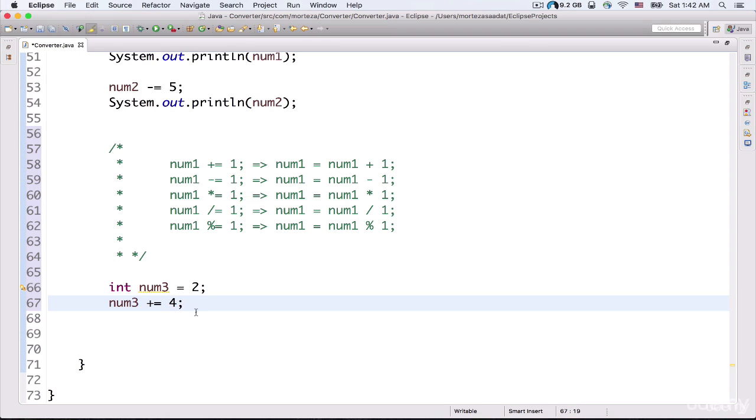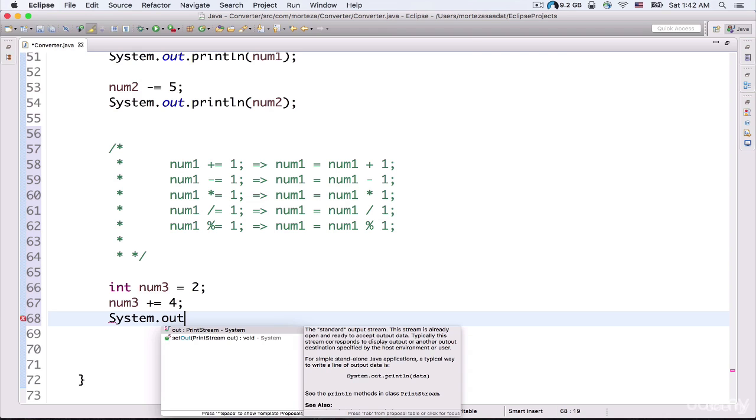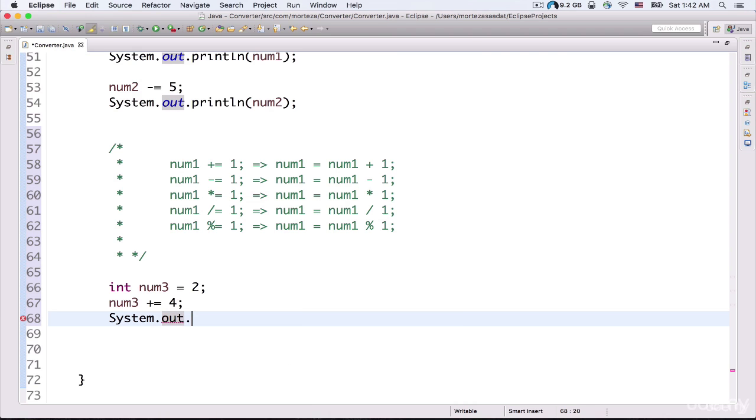At the end of my statement, I need to put in a semicolon. So if I actually want to output the value of this variable to the console, I just need to type in here system.out.println, and then inside the parentheses, I need to refer to the name of my variable, num3, and then at the end of my statement, I need to add the semicolon, okay?